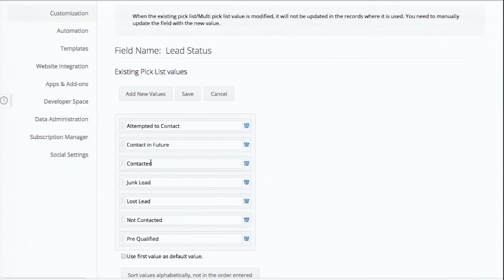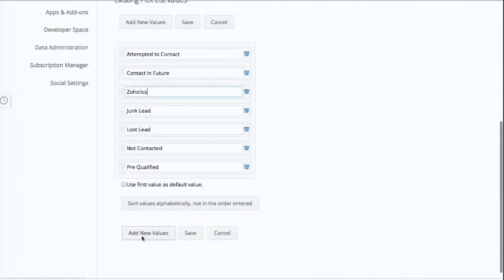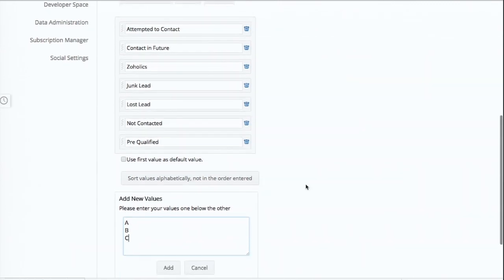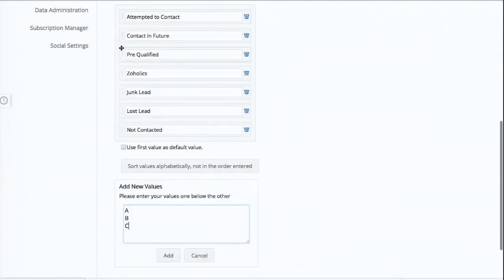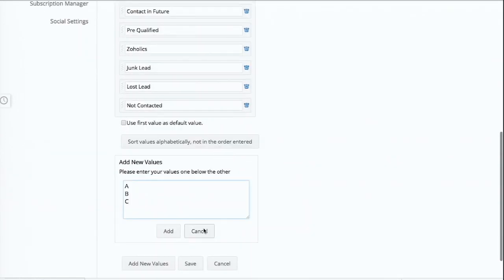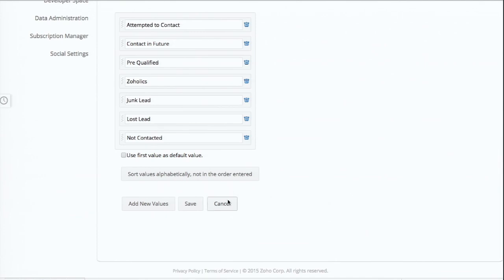All you have to do is click on it and put it to whatever you want it to be. All right? I can add multiple values at once. Right? I can even drag and drop this and move this around too. All right, it's pretty simple to do. Then you hit save. So let me show you